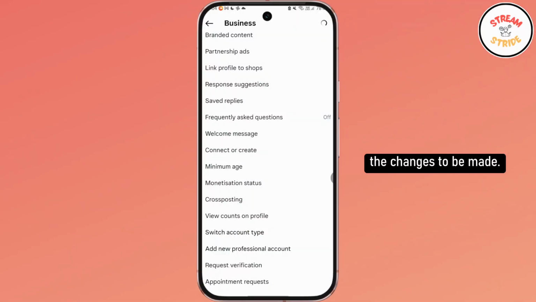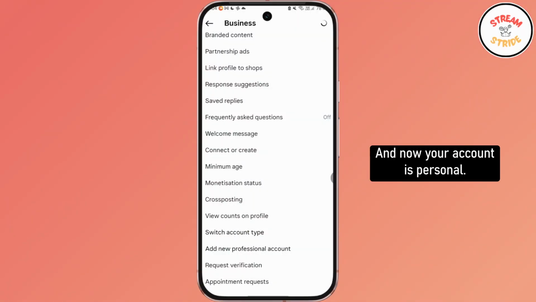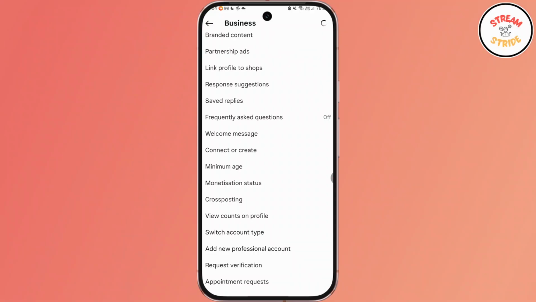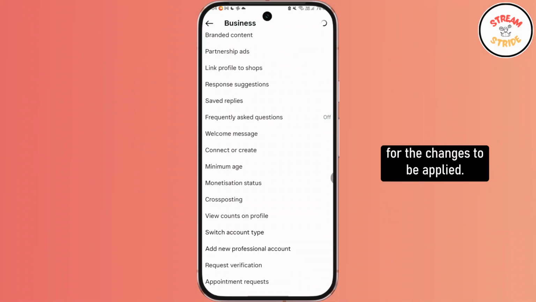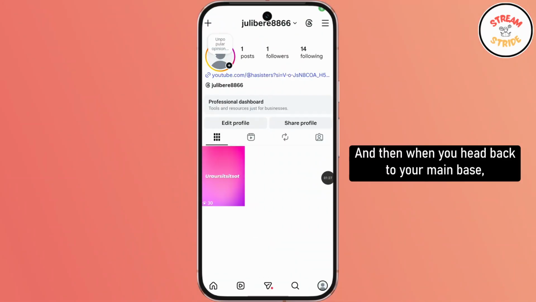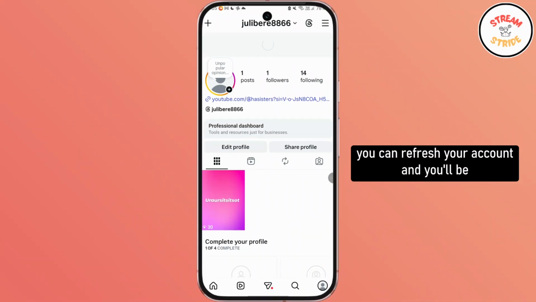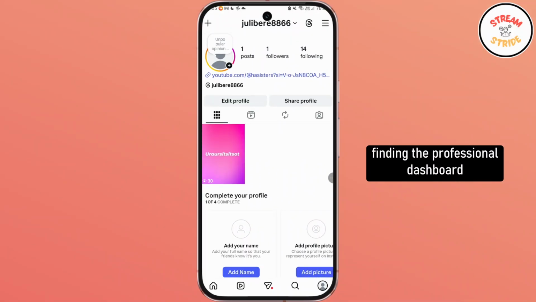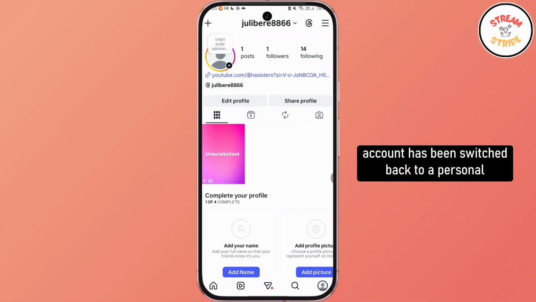and wait for the changes to be made. And now your account is personal. You can just go over and wait for the changes to be applied. And then when you head back to your main page, you can refresh your account and you'll be finding the professional dashboard disappearing,